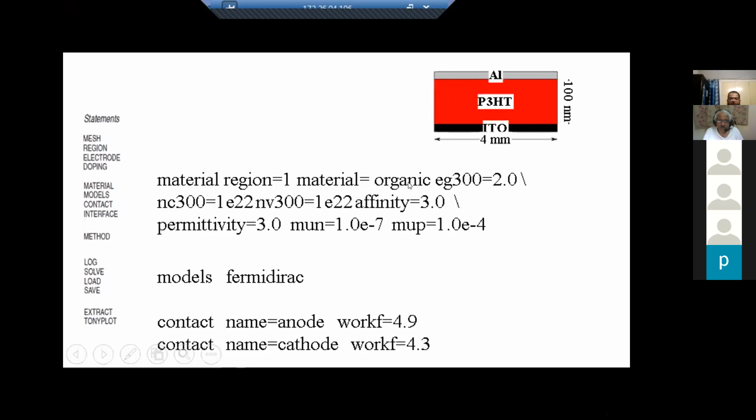For example, if you want to name it differently, like P3HT, which is not recognized by the software, then there is a facility for user-defined materials. There are corresponding commands; one can refer to the manual. One can define it using user.material. One can take care of it later also. I think that answers your question.